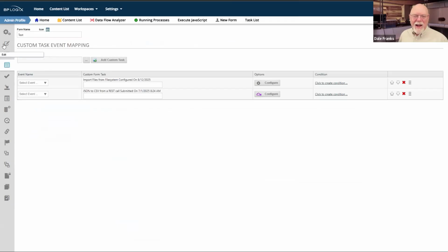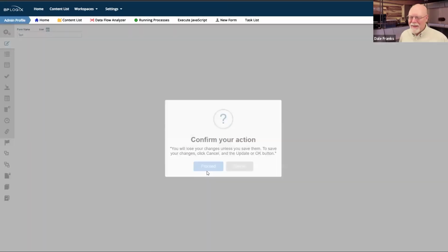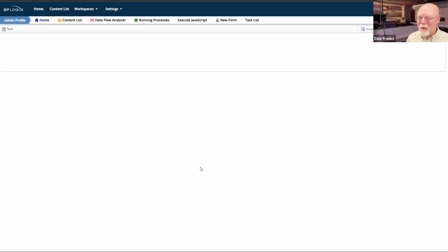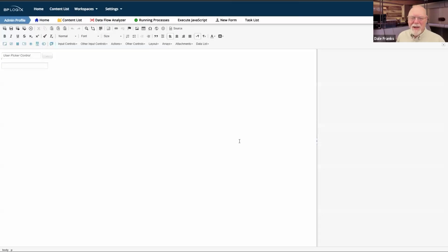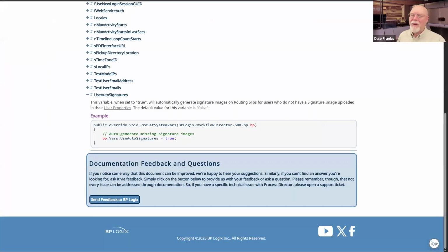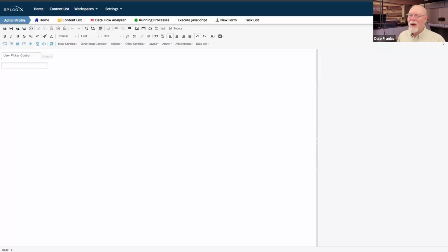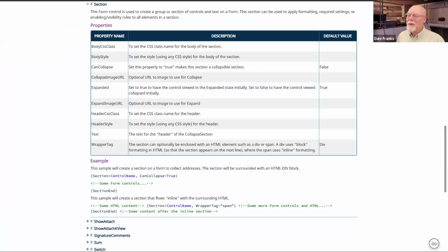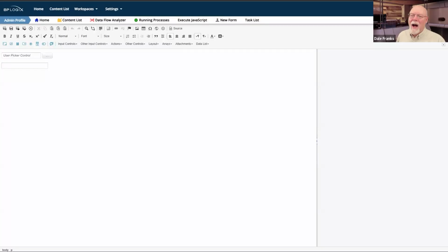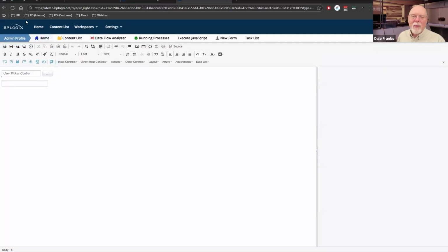I think actually I just want to go to the form design view in the same tab we were in. No, I don't. Oh, what have I done? I have lost control of where I was supposed to be. Form control tags, that's not it. I have closed that window. So let me go. Well, I'm going to have to pull that down so I can see my links.